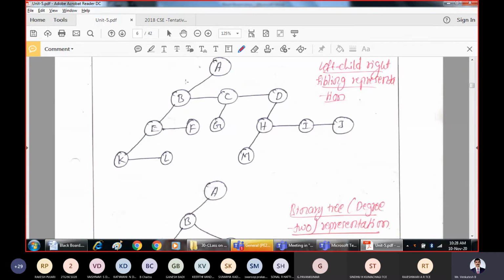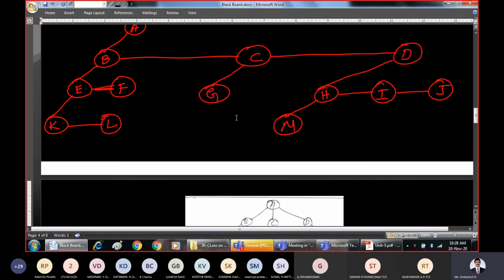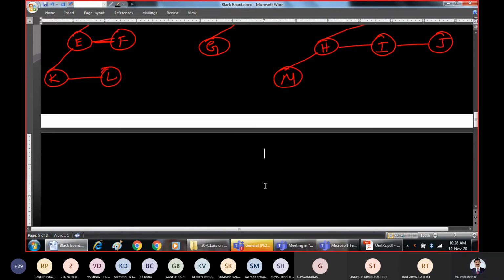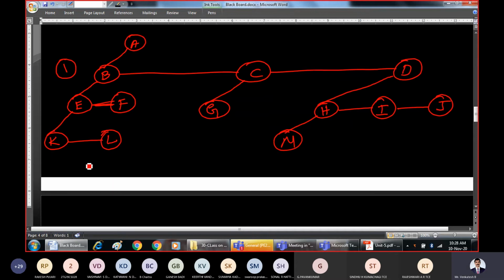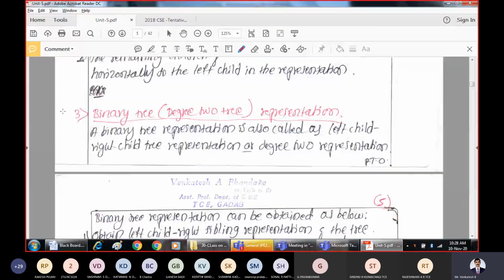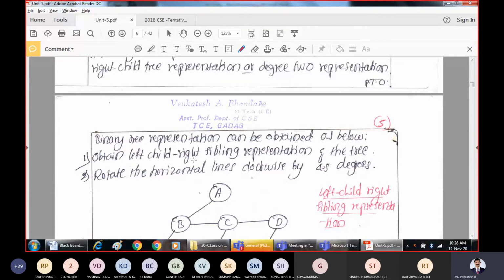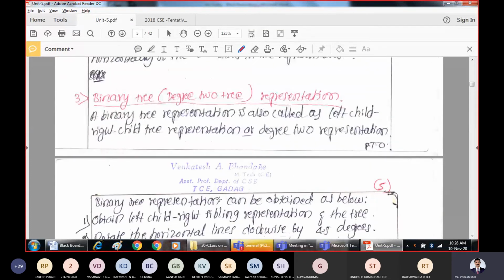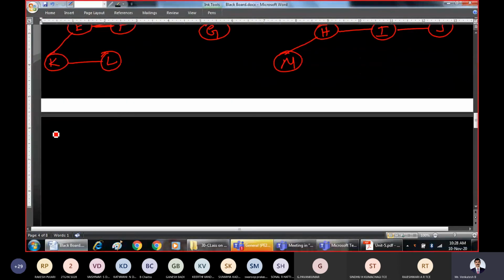That means first you should get this, whatever we have obtained. So what we have obtained, this is the solution. First you have to obtain this. Now first step is this one. For binary tree representation, first you need to obtain this first step, which already we have done. What is second step? Here, the third type is extension of the second type, because what it says, first obtain the left child right sibling representation of the tree, which already we have obtained. Now, what is second step?